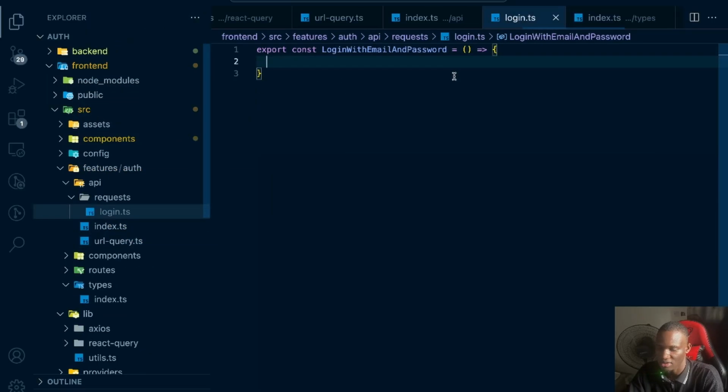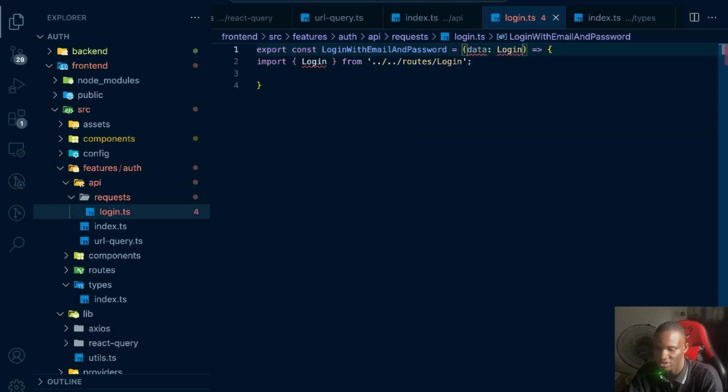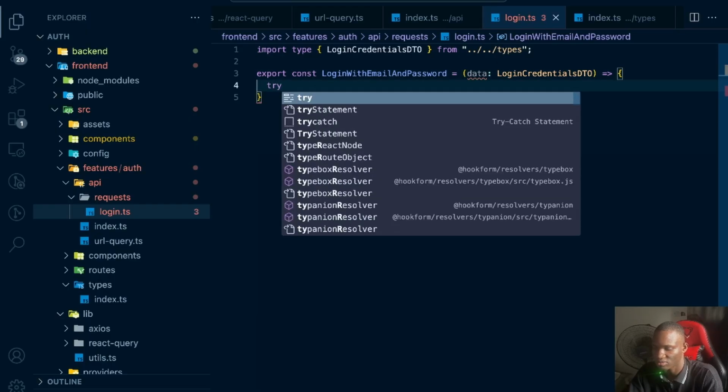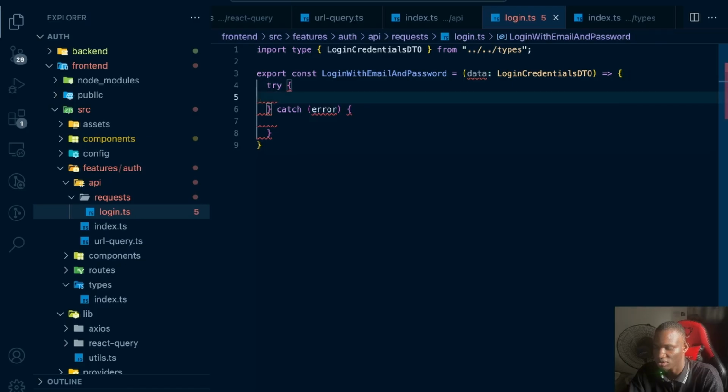So now we can use that. This will receive the data, and this will be a LoginCredentialDTO. Okay, now let's put this in a try and catch block,